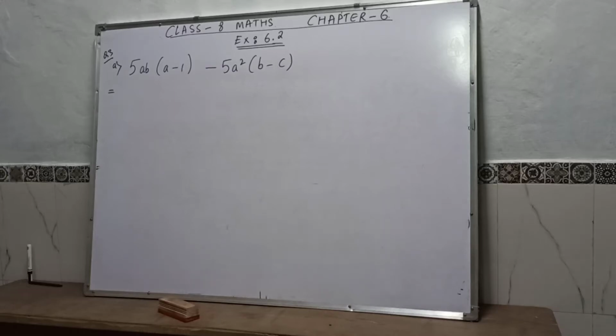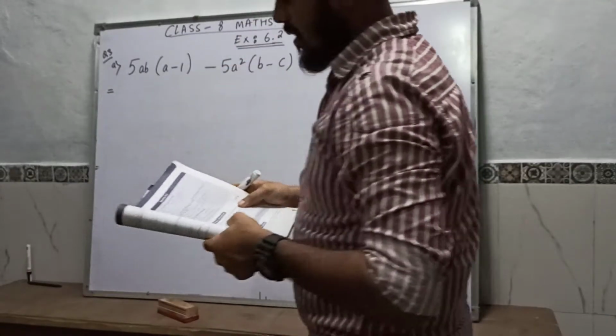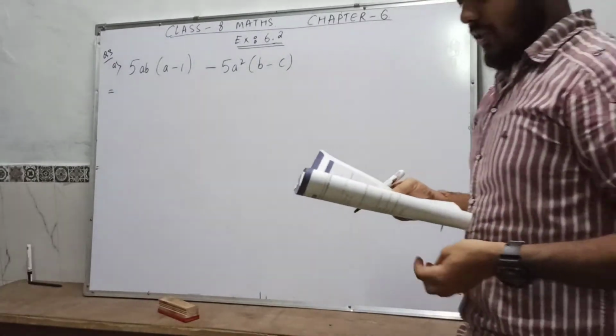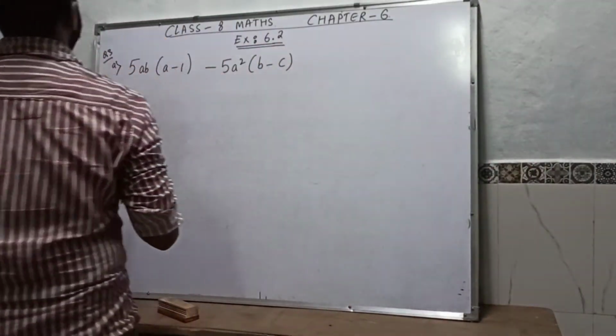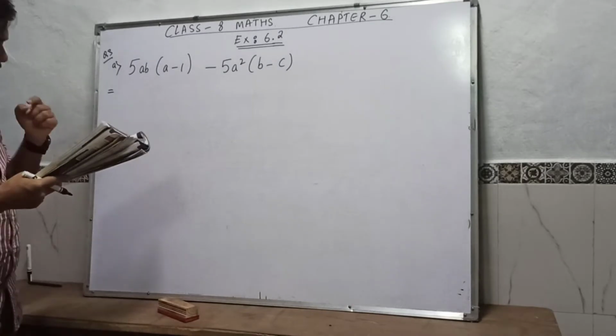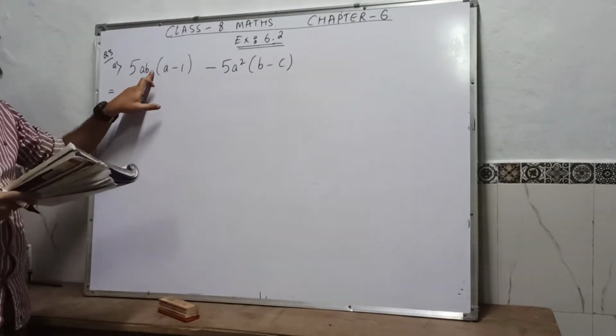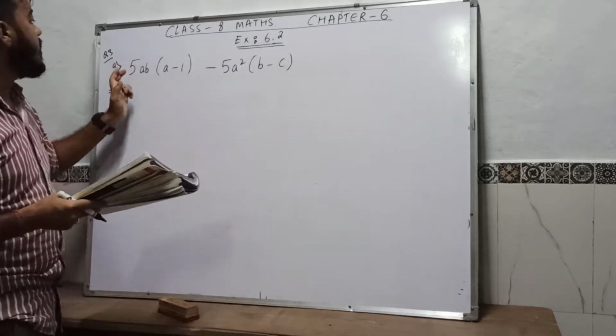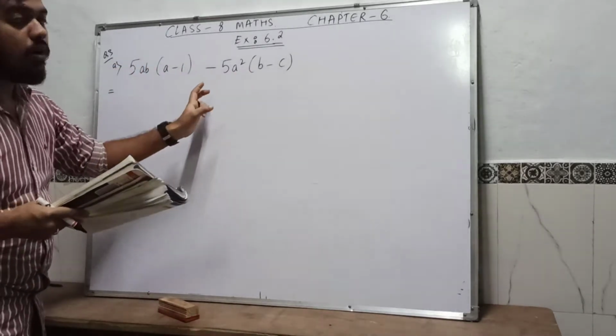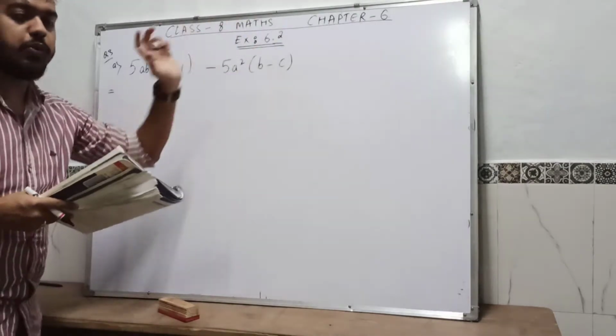Alright, now let us go to the next question. Number 3, simplify the following algebraic expression. Okay, number 3, number 8. So what does the question say? Simplify the following. So whatever we have here, relation, multiplication, minus, then here multiplication. So whatever is indicated here, we have to follow that